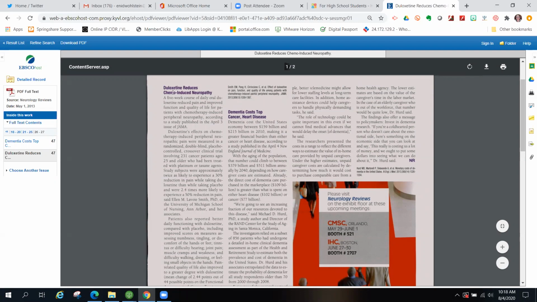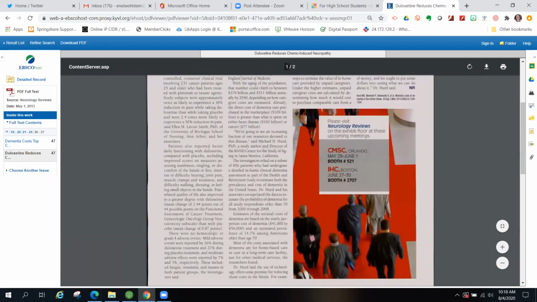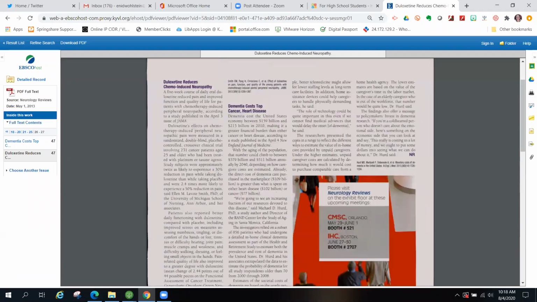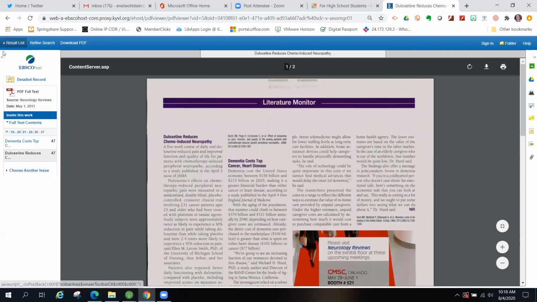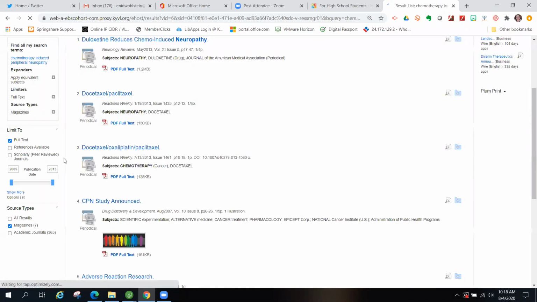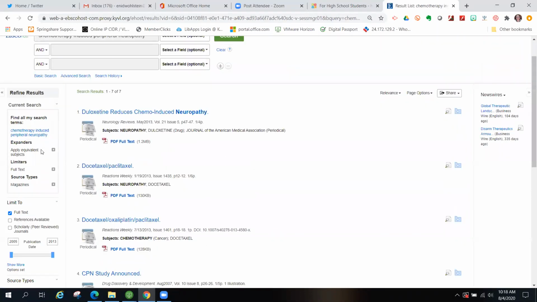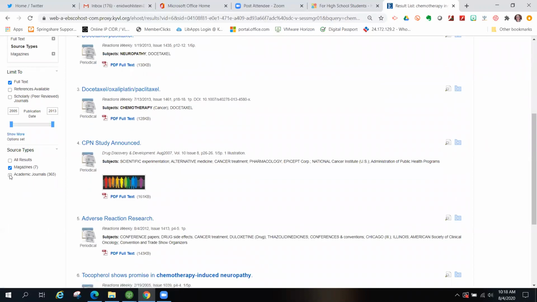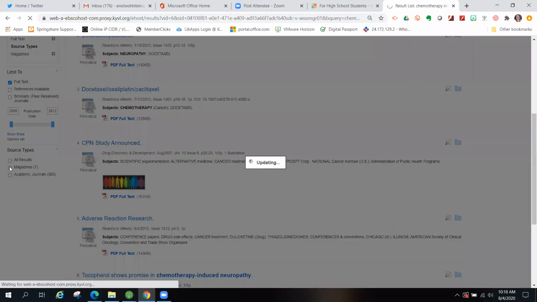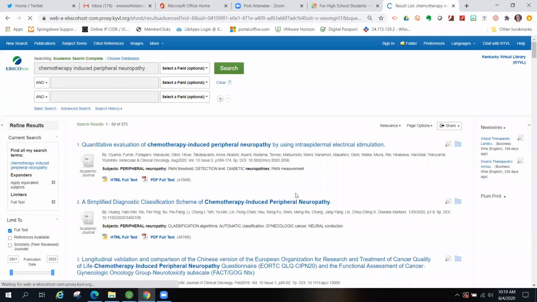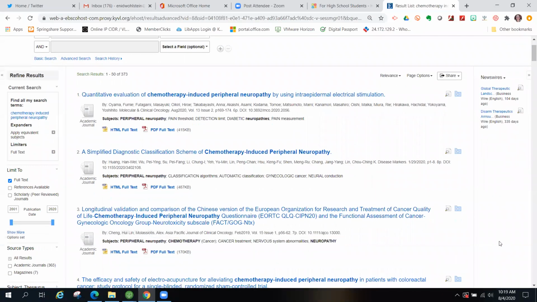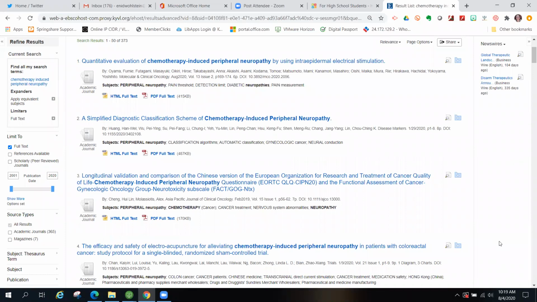But as you can see with the PDF, it looks like the original. So those are always great to have if you have that option. If I want to look at academic journals, I check off magazines over here on the left. And then you can see these are some pretty high level